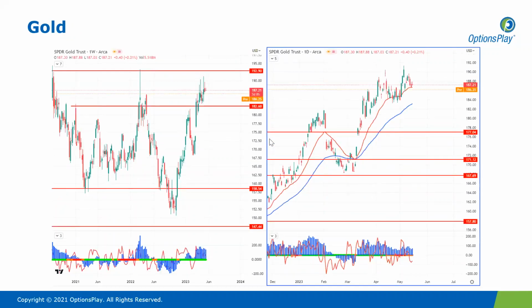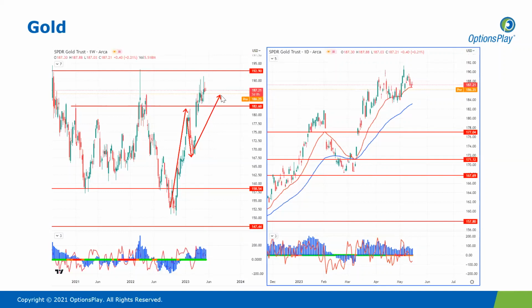Right, taking a look at gold. So gold moves inversely to the dollar in the short term, especially. It's also a safe haven asset. And gold had a very strong run from November, really. It rallied all the way to the low 180s, had a significant pullback, and then continued the rally, especially after